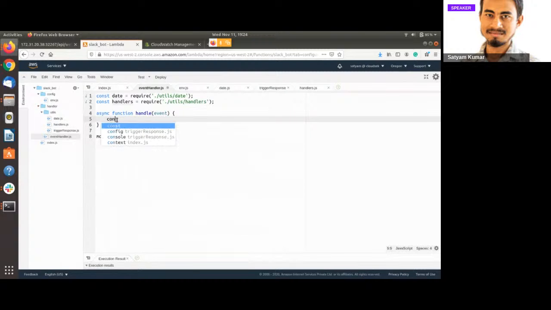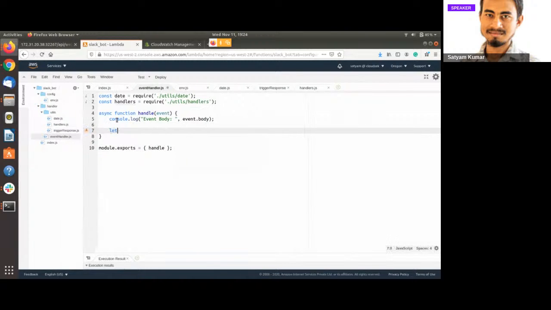Okay, so I'm first going to print whatever I have received. This line will print whatever request we have received from Slack as an event.